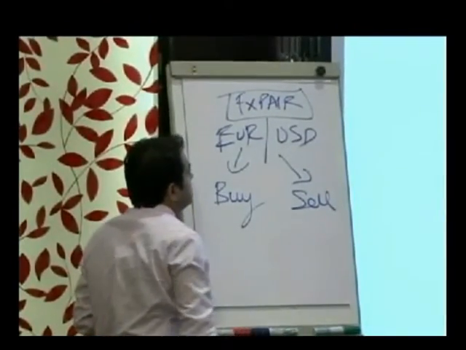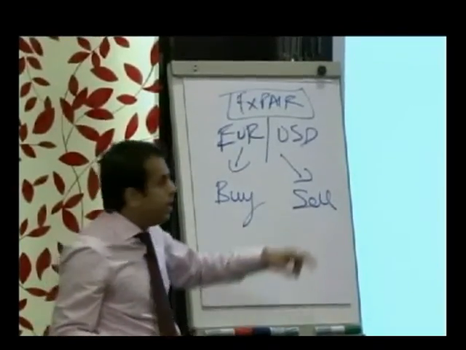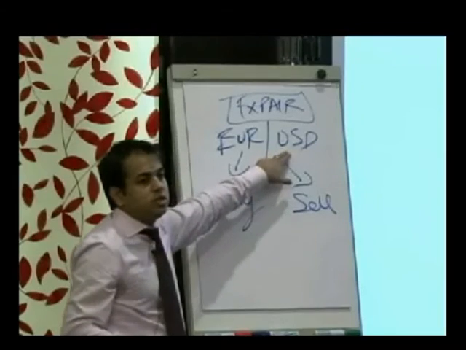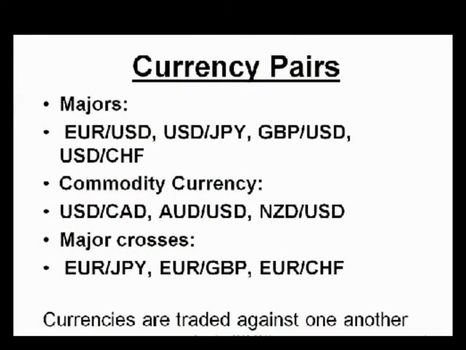Now, what is a major currency pair? A major currency pair is a currency pair that has got US dollar in it. So, whenever you see a US dollar in a pair, that's a major currency pair. The next category is called a commodity currency. Commodity currencies are for countries like